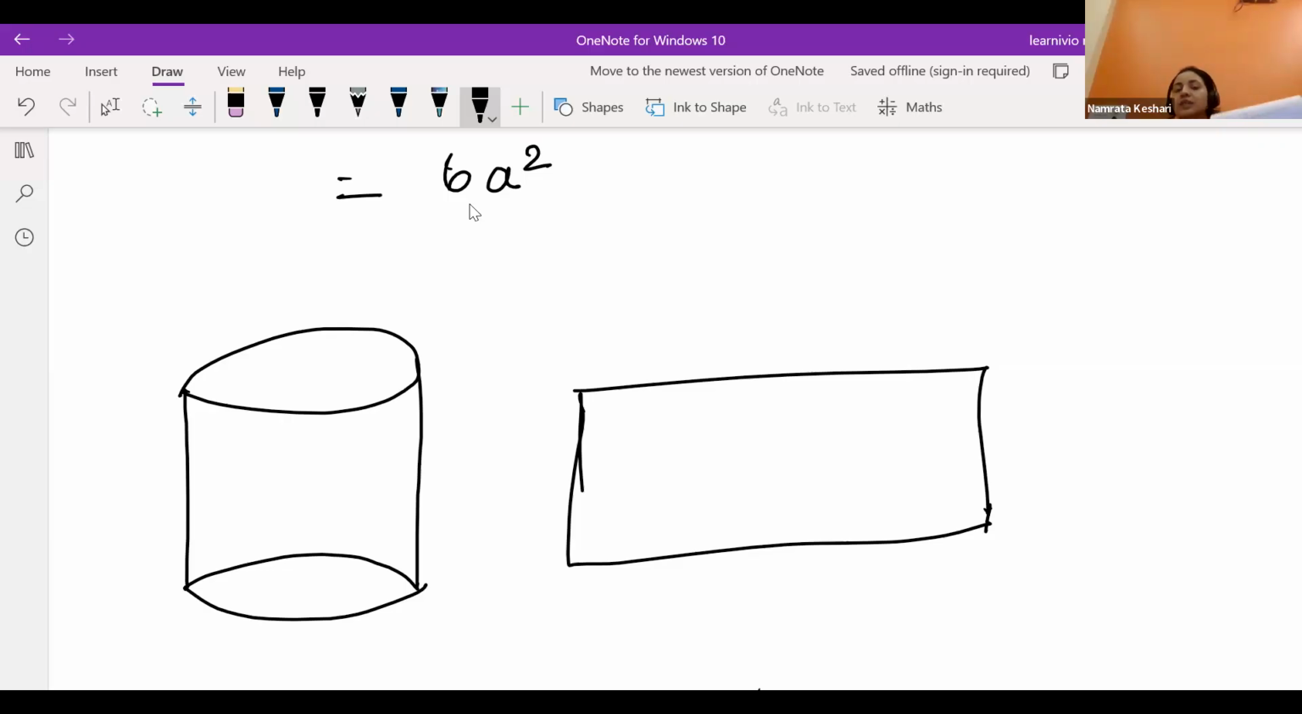But before that, let's talk about the curved surface area of the cylinder. At first we are going to discuss the curved surface area of the cylinder. What does it mean? This is the curved part of the cylinder, this is the curved surface area. And total surface area means this curved surface area and this circular lid and this circular lid also, that's